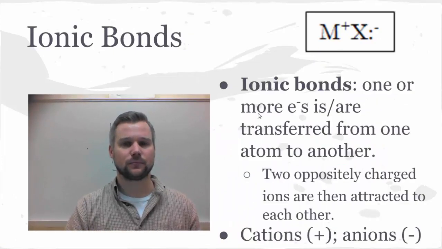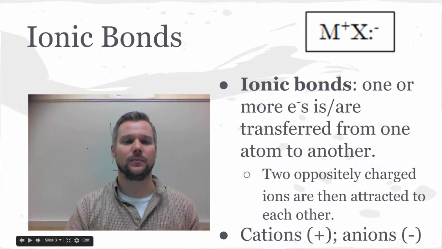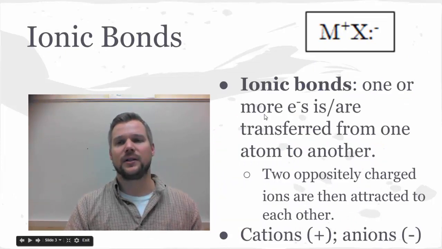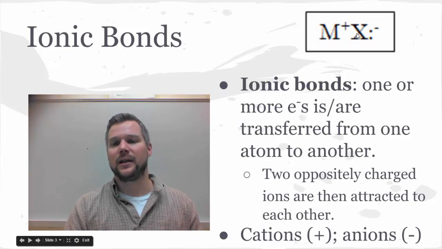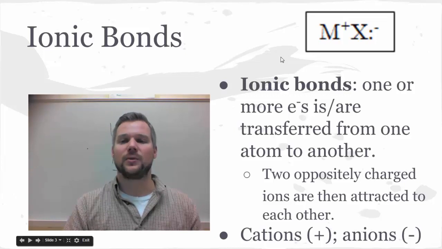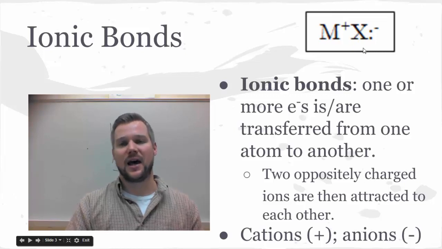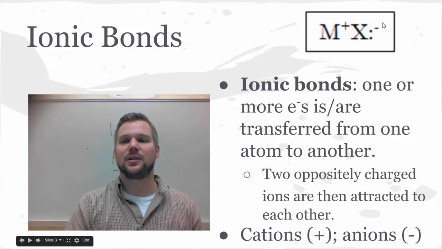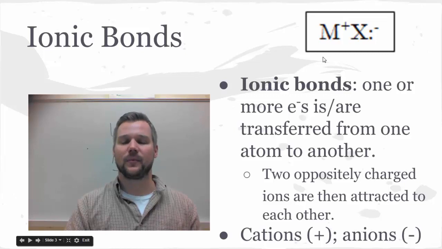The first kind of bond I'd like to talk about would be ionic bonds, and these kinds of bonds are seen between a metal, that's the symbol for metal, and a nonmetal. Ionic bonds occur when one or more electrons are transferred from one atom to the next. The metals give away electrons, they lose electrons, and then the nonmetals gain, which is why we see the two dots only on the right-hand side of symbol X, which is representative of a nonmetal. Because of that, there are now charged particles, and these opposite charges attract each other. That opposite charge is what creates that force that holds the atoms together and causes them to function as a